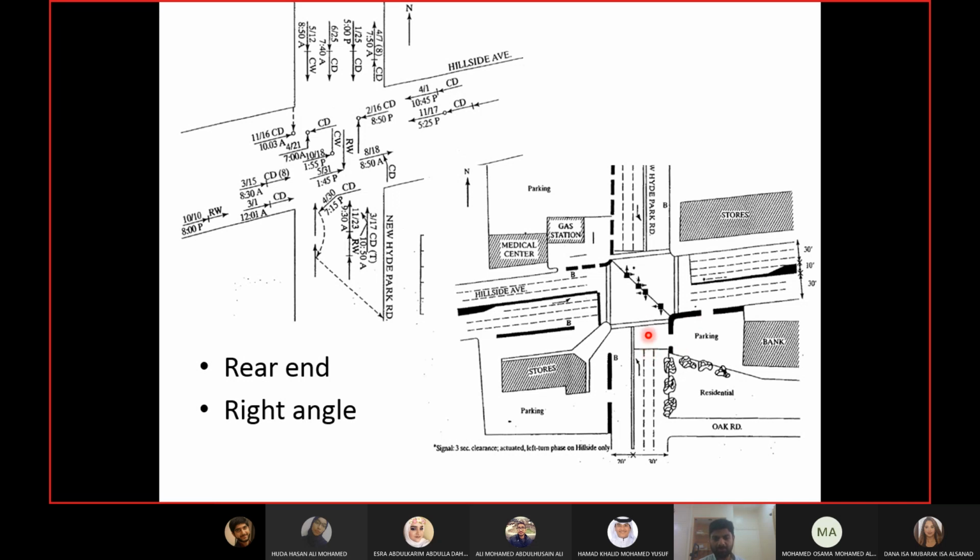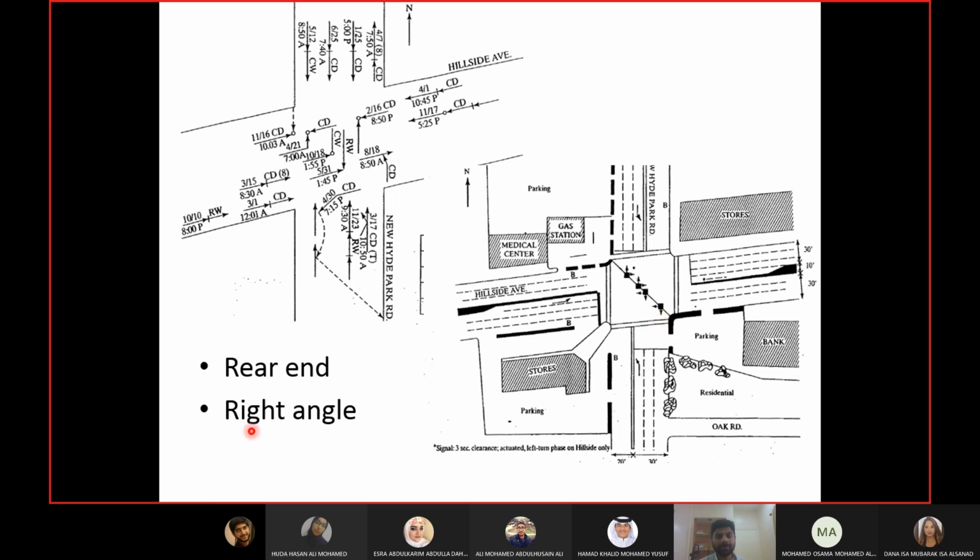Obviously, you will, because you are giving more time to the driver. There's nobody coming out from near the stop line, and moving the stop line closer to the signal means you are giving more time to the driver. Okay. So these are some of the suggestions which may solve the problem of sight distance and stop lines.